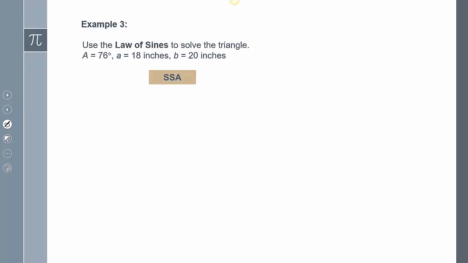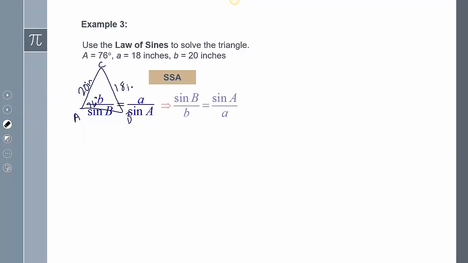Now for this third example here, we're going to take a look at a side-side angle. If I were to draw my ambiguous triangle, say it's A, B, C, here's 76 degrees, here's 18 inches, and here's 20 inches. And so that's going to be side-side angle. Now, if I were to set up a ratio, I would say b over sine b equals a over sine a. Because I want to solve for the angle,